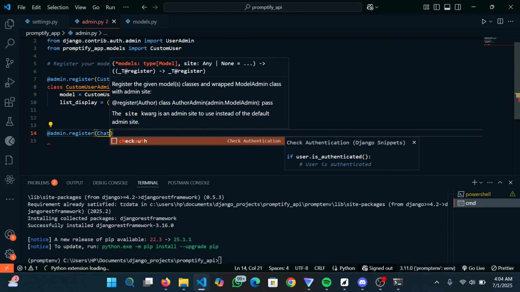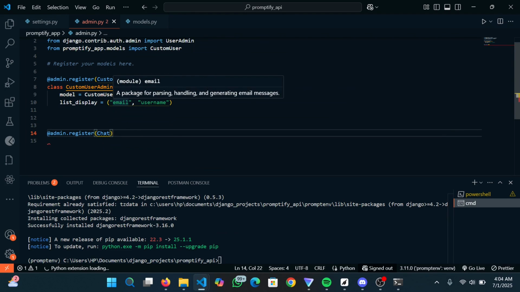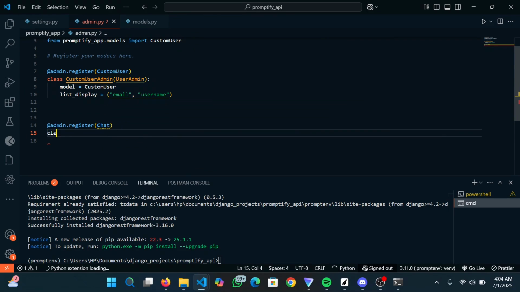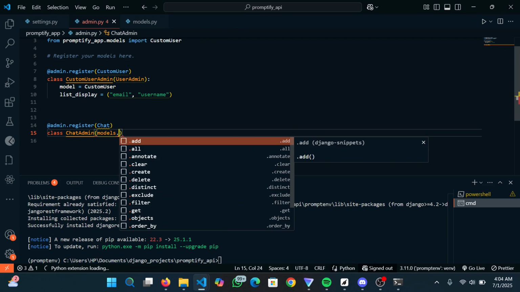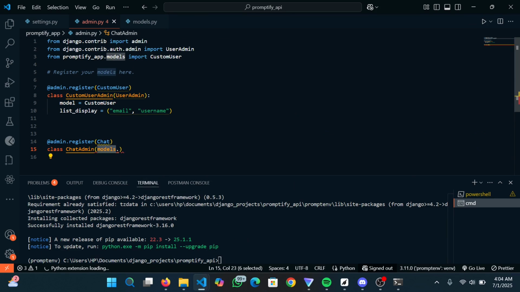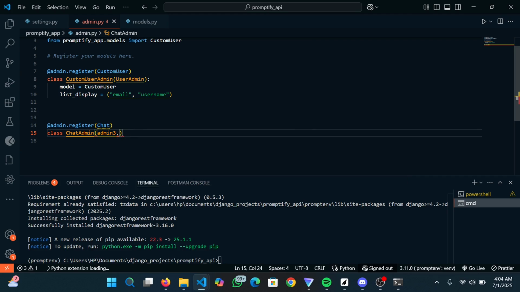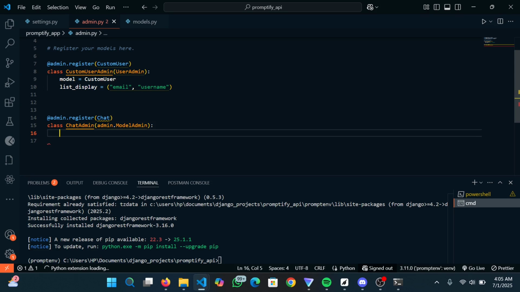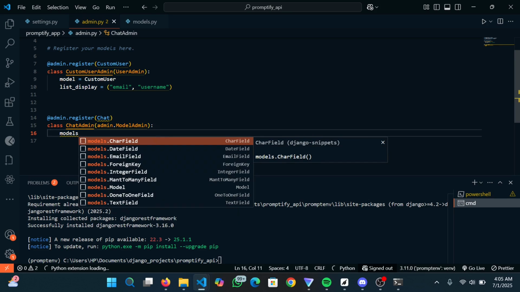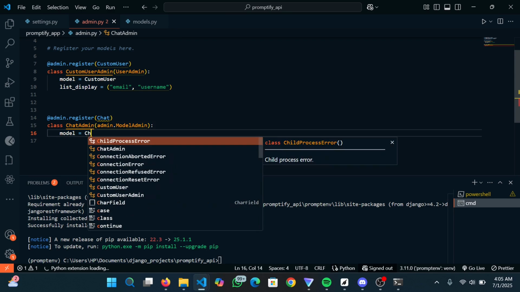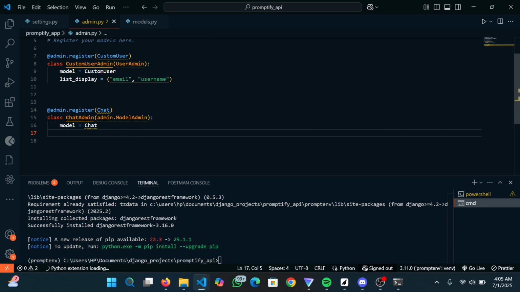So I'm going to say class ChatAdmin, inheriting from admin.ModelAdmin. Let's add the model. The model is going to be equal to the Chat model,